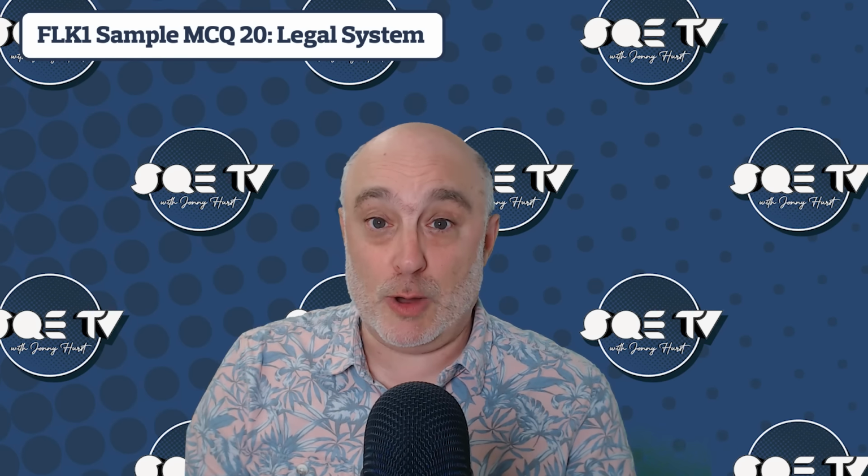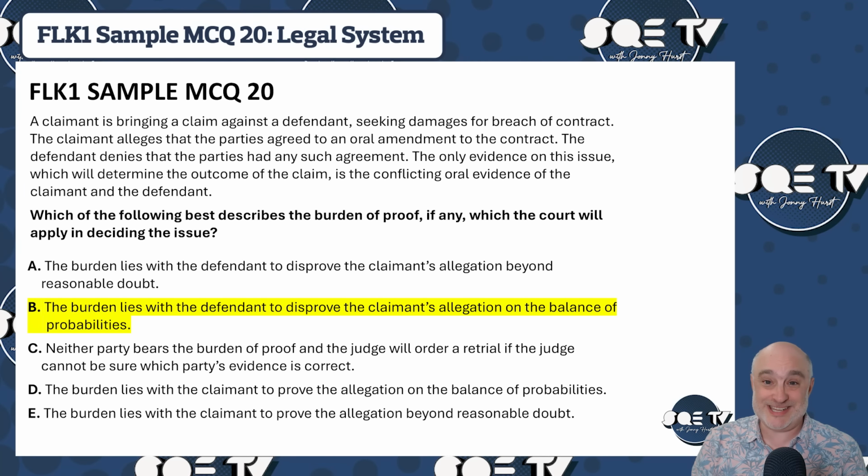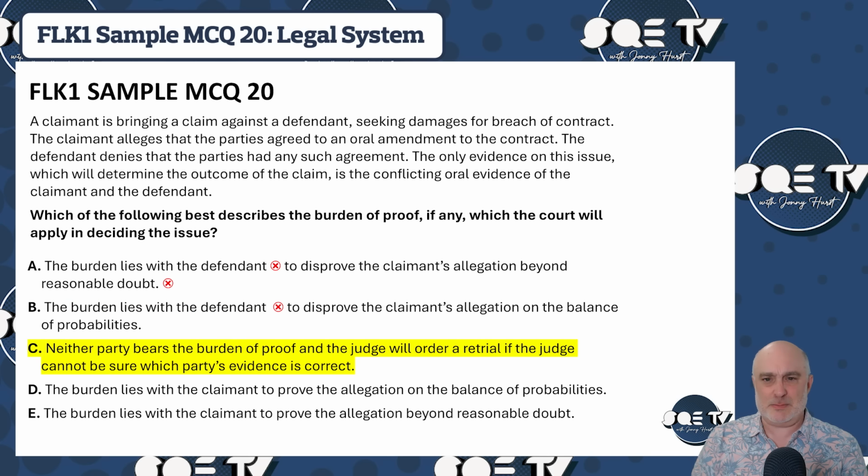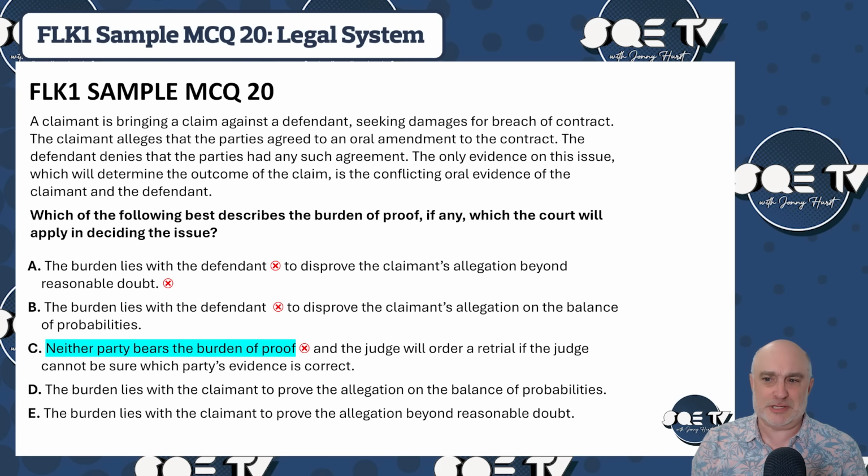So what about option B? Well, you can see from the first few words it's identical to the beginning of option A, and we ruled out option A for that reason. It says the burden lies with the defendant. We know that the burden lies with the claimant, so we can reject option B immediately. What about option C? Well, the first few words say something slightly different, but it doesn't say that the burden lies with the claimant. It says neither party bears the burden of proof. Well, that's incorrect. We know the burden of proof is with the claimant, so we can rule out option C